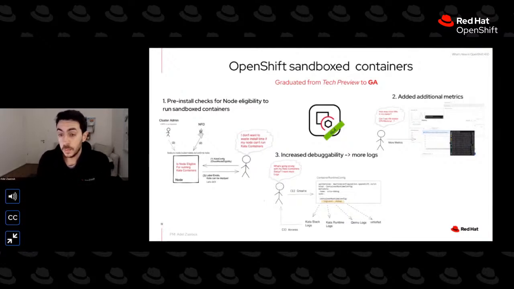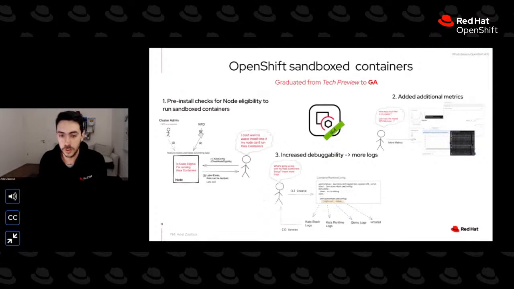The second more important one is the metrics. So we're adding more metrics, not just the metrics that you get for free, because Sandbox Containers are running the same way as normal pods. We add more deep down stack level metrics on the Kata agent, on the VM, CPU, and memory, lightweight VM in the backend, the number of VMs you have in your clusters, so you get additional visibility. And in the future, we'll be adding more and more metrics for you to get visibility, and for us to help you get better